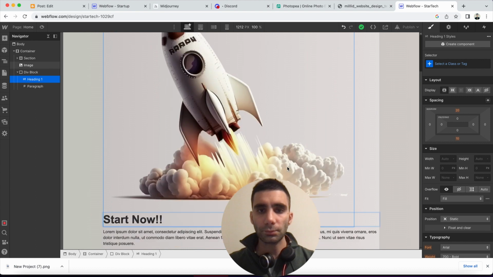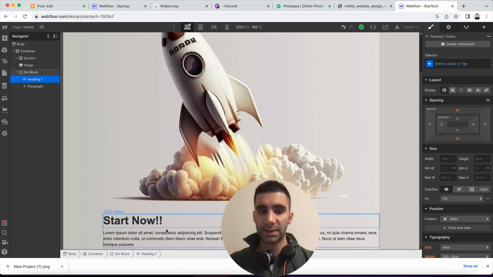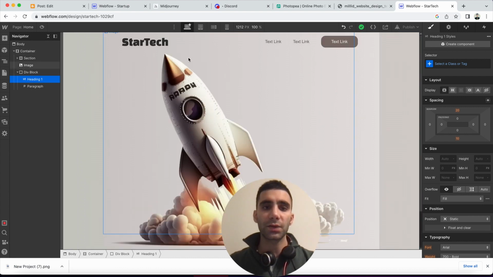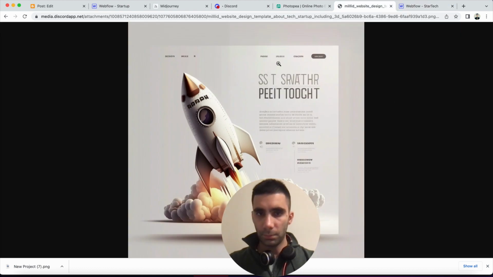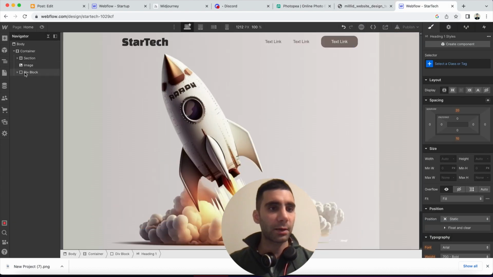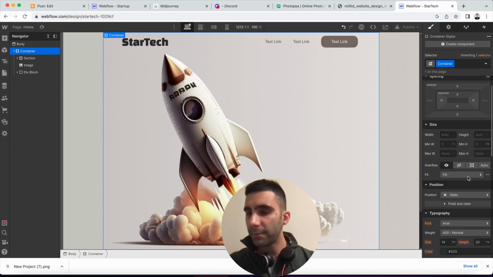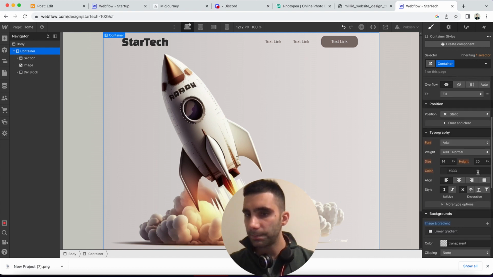And now what I want to do is place this div block, this text block here, basically on top of the image. Basically it's on top of the image as an overlay layer. So what we can do here is select the parent container, which is the container here we have,